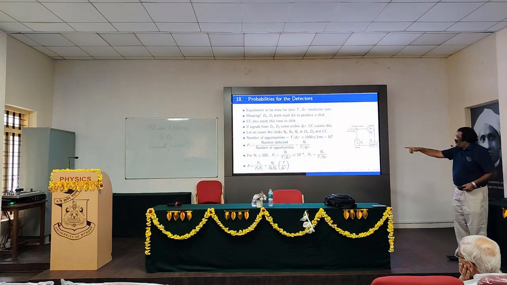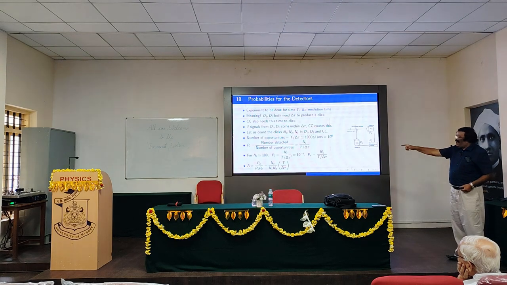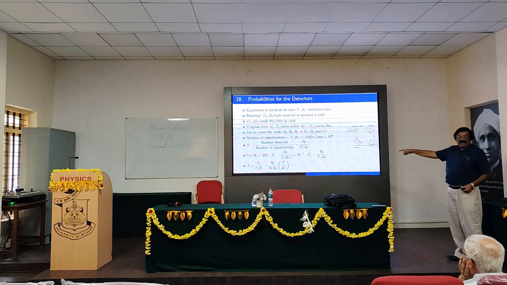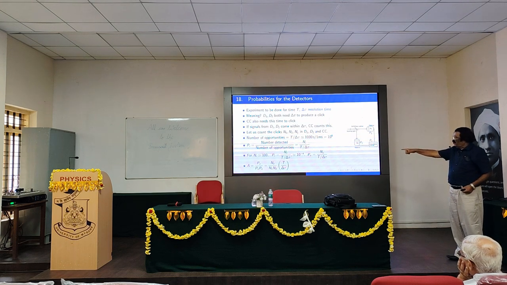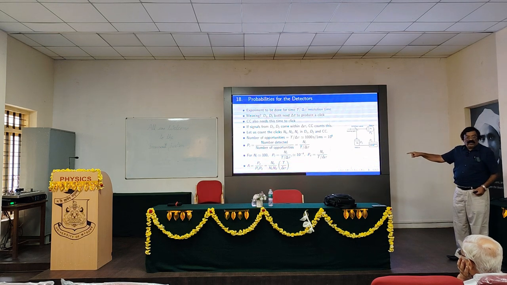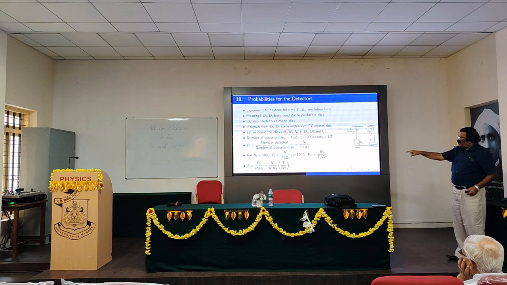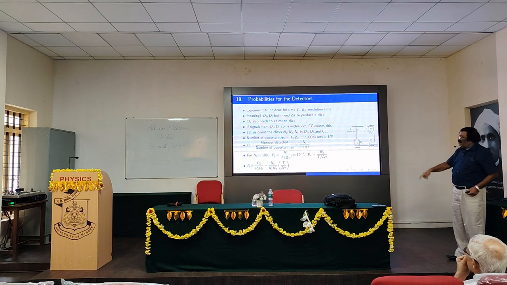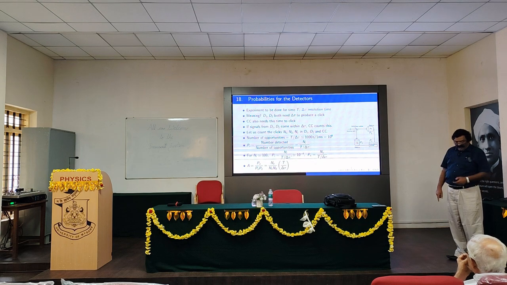So, suppose there are 100 counts on an average. So, Pi, each detector probability, is 10 power minus 4, because Ni is 100 divided by 10 power 6, which is 10 power minus 4. Pc is Nc divided by the same thing. So this A, the anti-coincidence parameter, becomes Pc over P1 P2, which is Nc over N1 N2 into T by delta T.